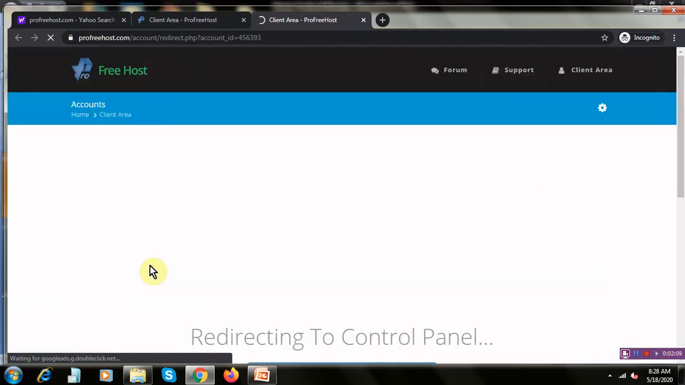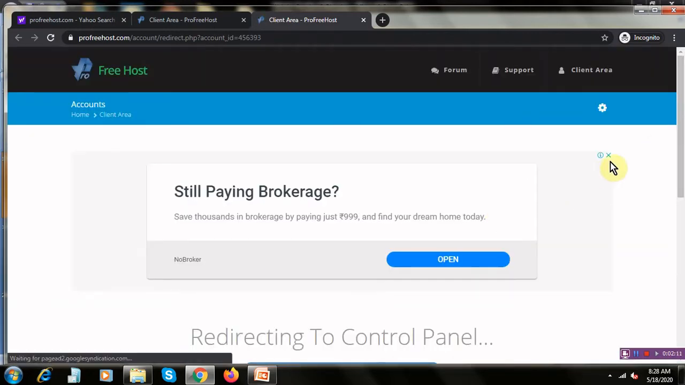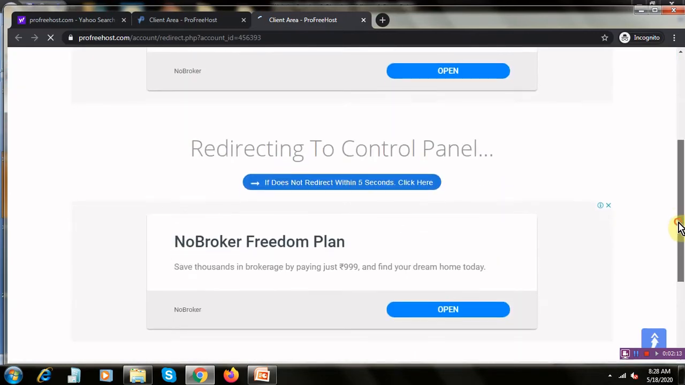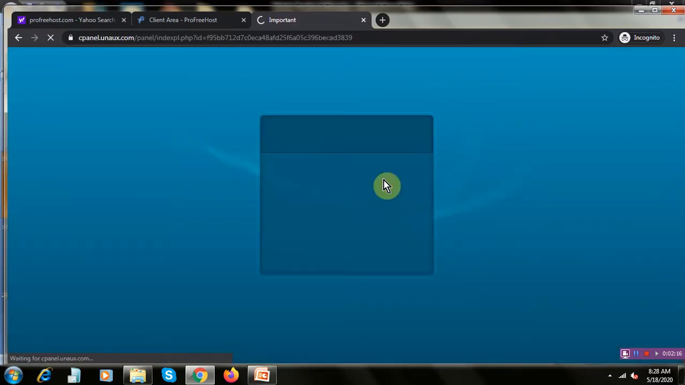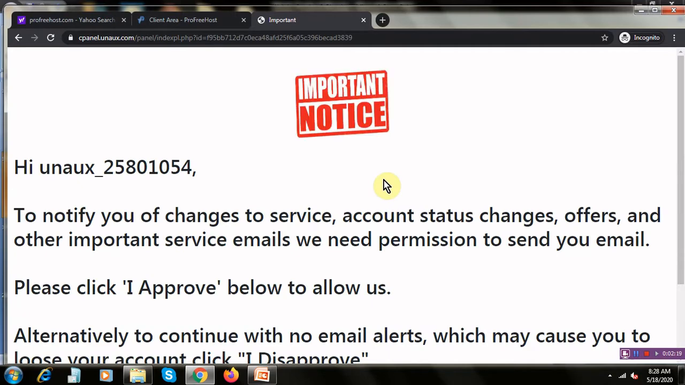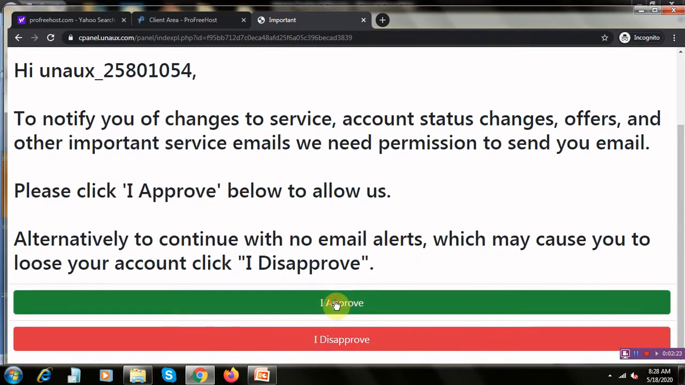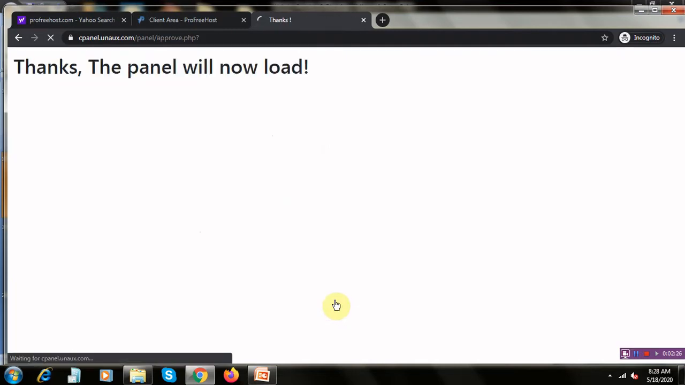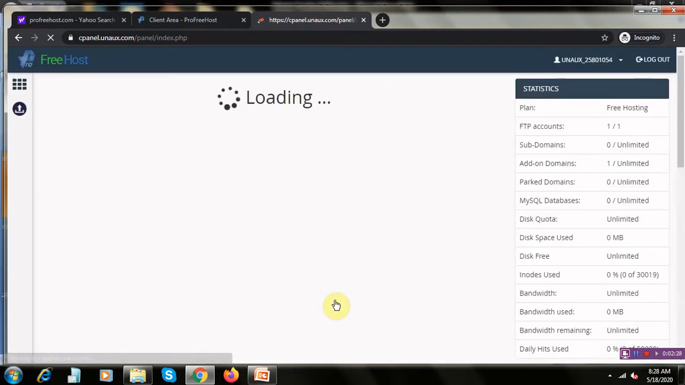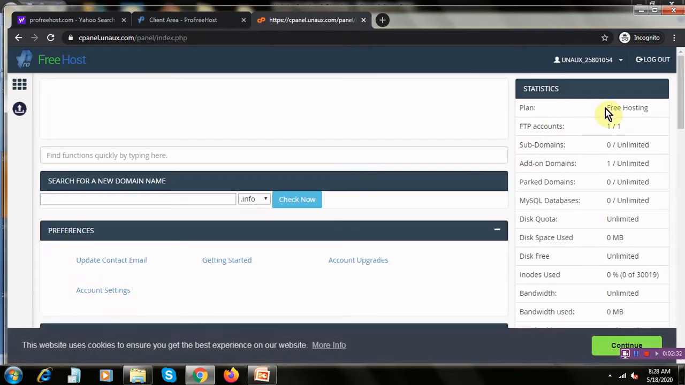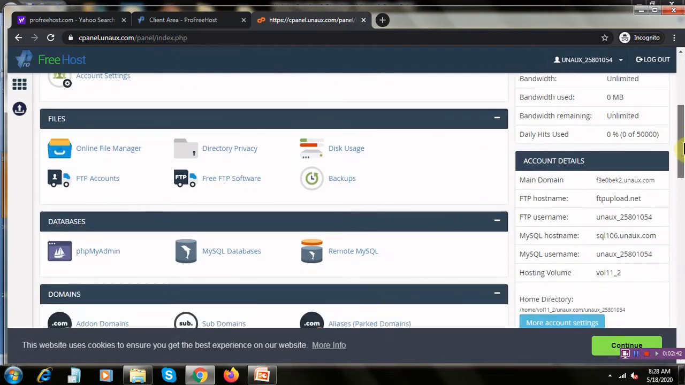It's very easy in profreehost.com. So you are redirected to the control panel. Let's click, it has already been clicked here. So click on I approve. Then you will see your account details, and if you want to search for any domain names also, it is available here. Now if you scroll down a bit,